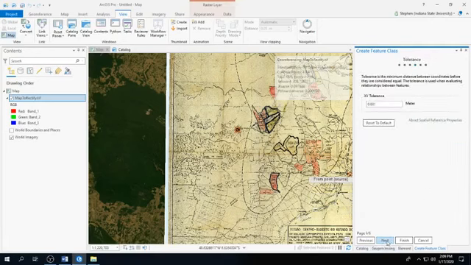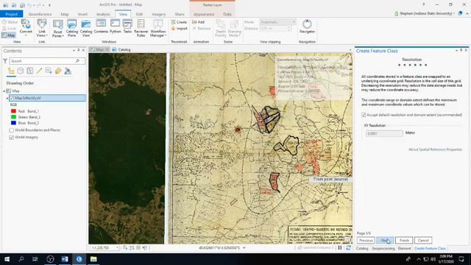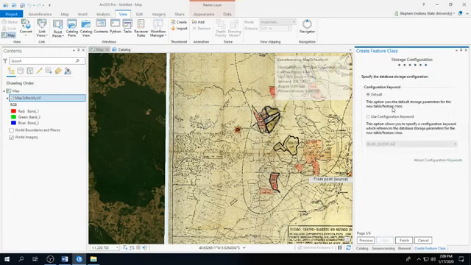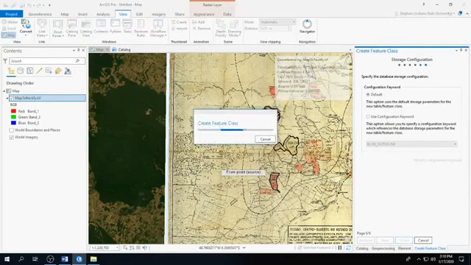Tolerance is what's the smallest distance between two features. 0.001 meters is far too low for a data set like this, but we'll just go ahead and move forward. One thing I'll mention is if you're going to store very large data sets, you will need to use a configuration keyword. We're talking about like a 1 terabyte data set. This will only happen if you're using huge remotely sensed data sets most likely. But geodatabases can, with some keywords and adjustments, accept data up to that size, about 1 terabyte. All right. The feature class will be created, and then